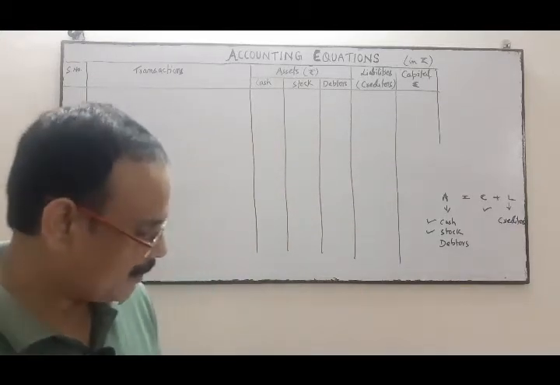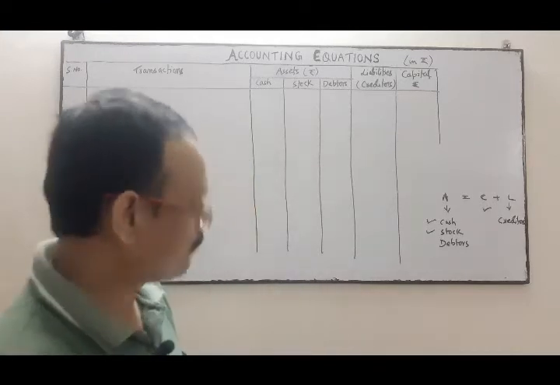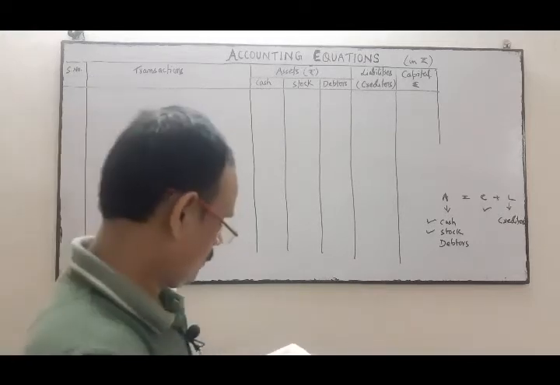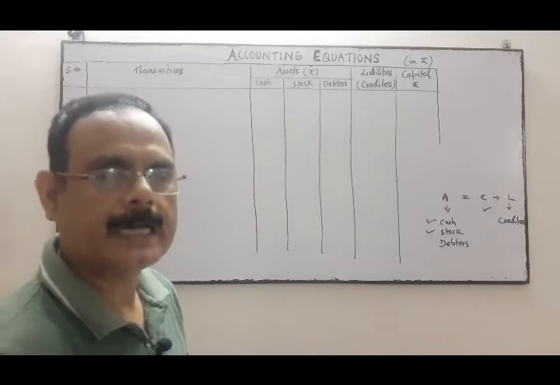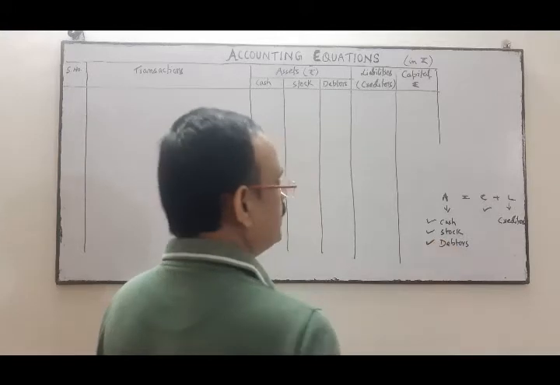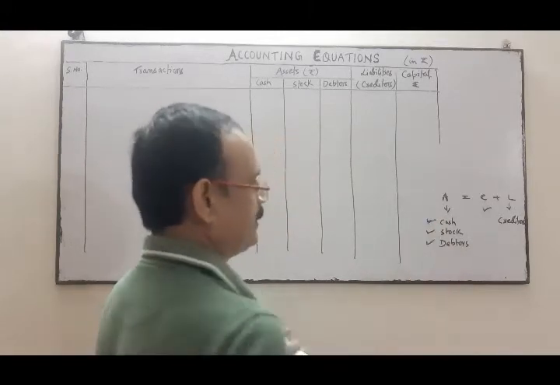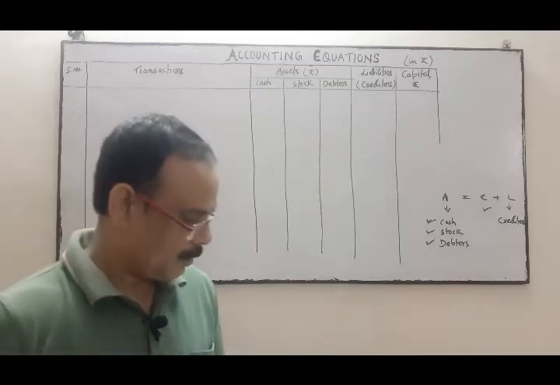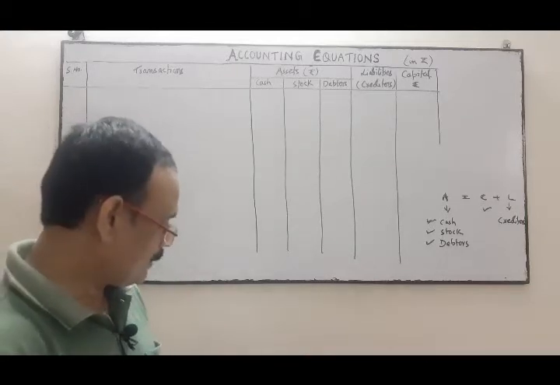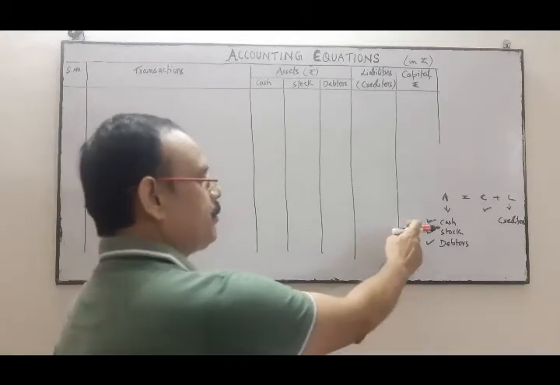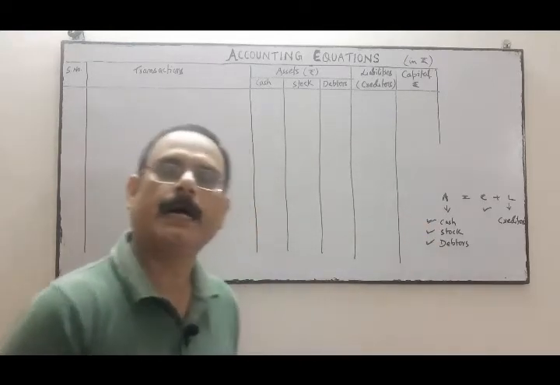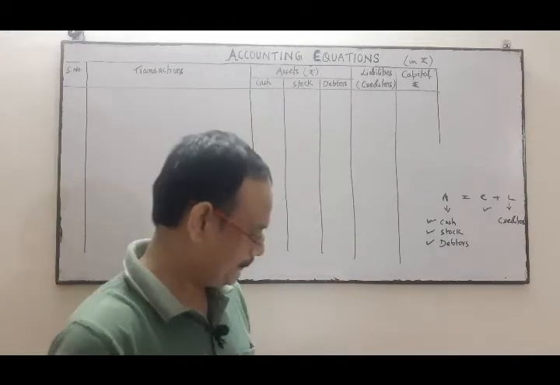Next, goods costing 48,000 sold at a profit of 33 and 1/3%, 3/4 of the payment is made in cash. So when we have sold the goods, some part is on credit and some part is on cash. So debtors will be affected, stock will be affected, and cash will be affected. Similarly, goods costing 20,000 sold at a loss of 5%, out of which 12,000 received in cash. So cash will be affected by 12,000, debtors will be affected for the credit, stock will be affected, and from the profit, capital will be affected.